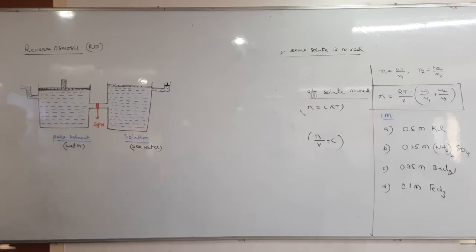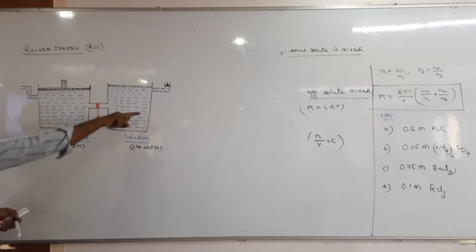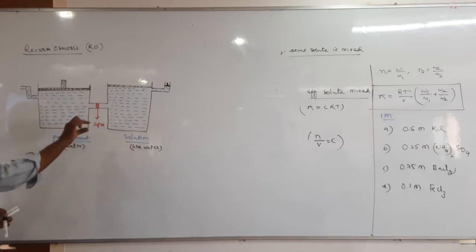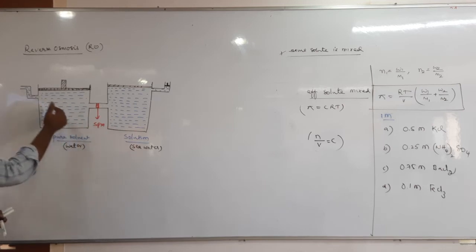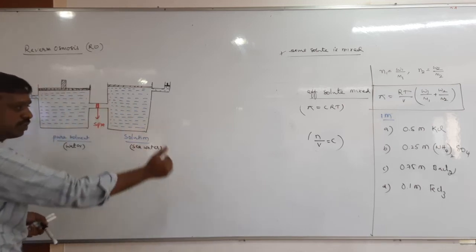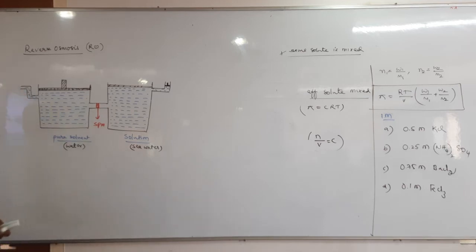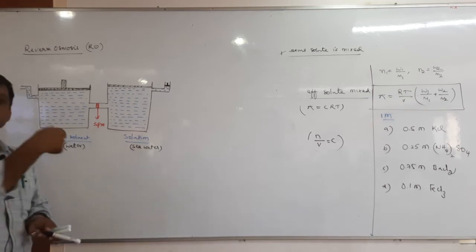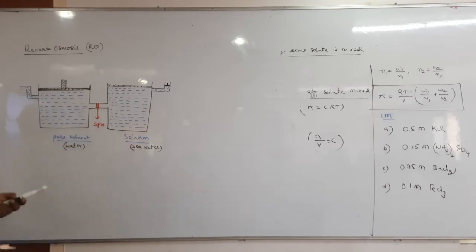Now tell me, in the last class we studied osmosis. Can anybody tell me, what is osmosis? It is the spontaneous flow of the solvent molecules from where to where? Solvent compartment to solution compartment, right? So the spontaneous flow of solvent molecules from the solvent compartment to the solution compartment through the semi-permeable membrane is called osmosis. But here it is the reverse, no? The difference is that osmosis is spontaneous; this is not spontaneous, it is non-spontaneous.